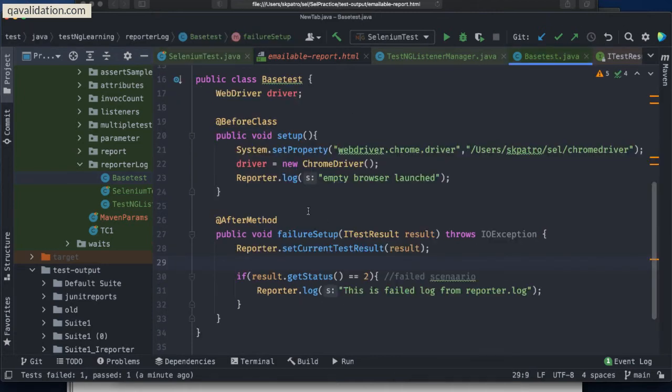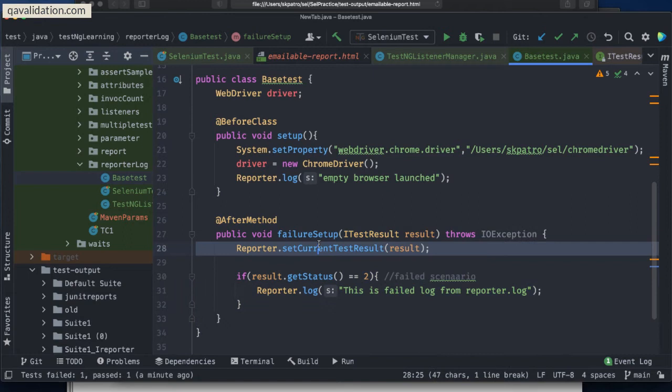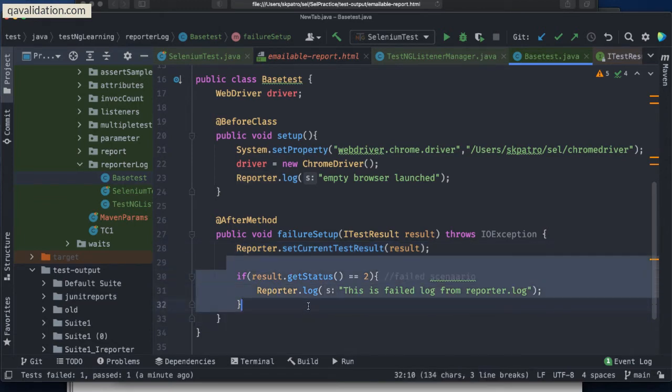But for here, if you see, these are all before or after, right? Not exactly during the execution of the test case. That is why you need to set this particular statement, actually. So when you do this, all the logs inside this method will be logged to your HTML report. That is all you need to do.